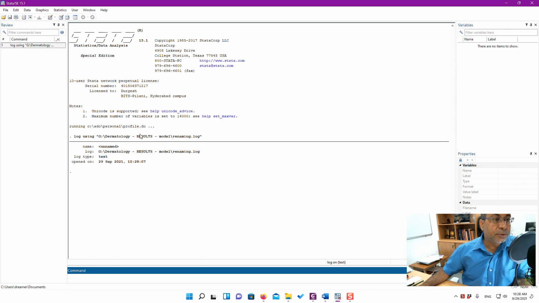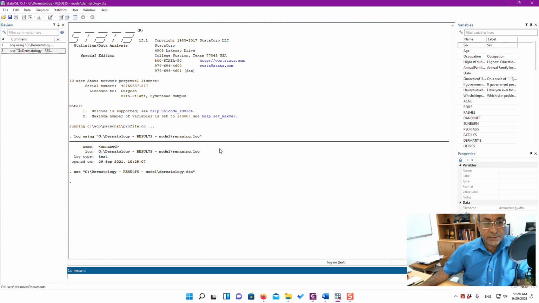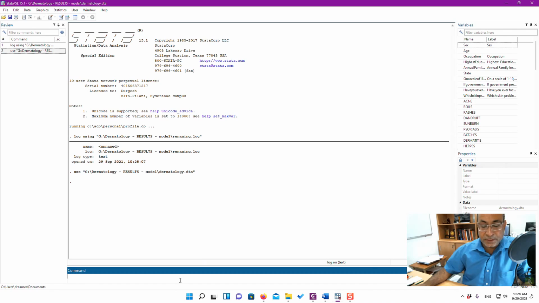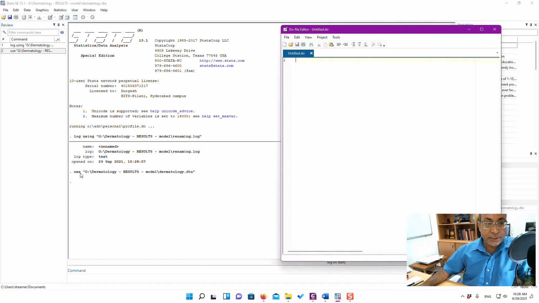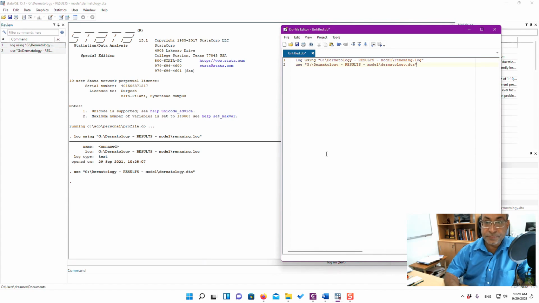Now second step, open the dataset. So again I can actually scroll here and go and see. So dataset is open. So the advantage of this command will be that you can directly type this into your Stata here and open the dataset, or you can actually take this command and save it in a do file. So let's open a do file also. So I open a do file. I took this particular command. Actually I am taking both these commands and pasting them in the do file. So this will be helping me later on.